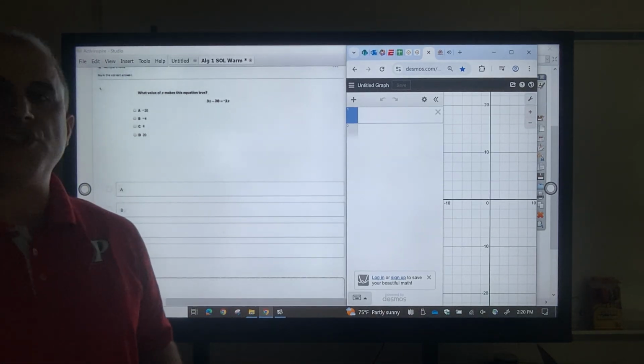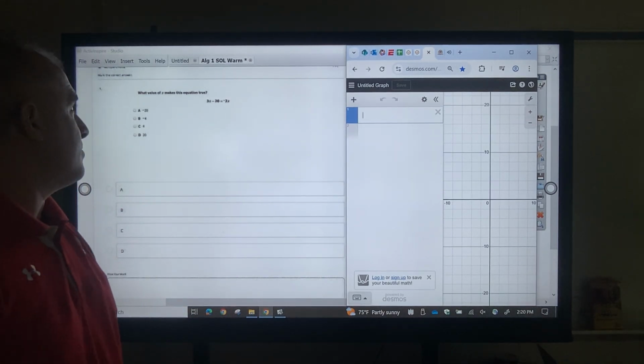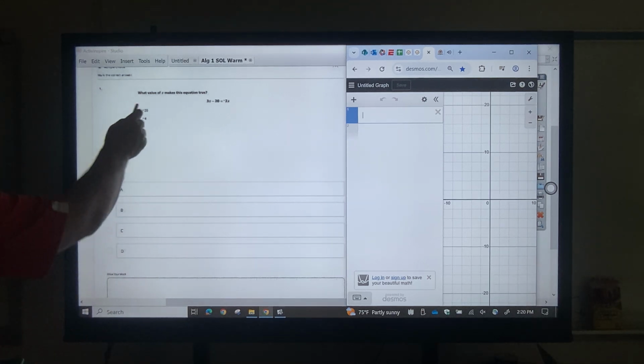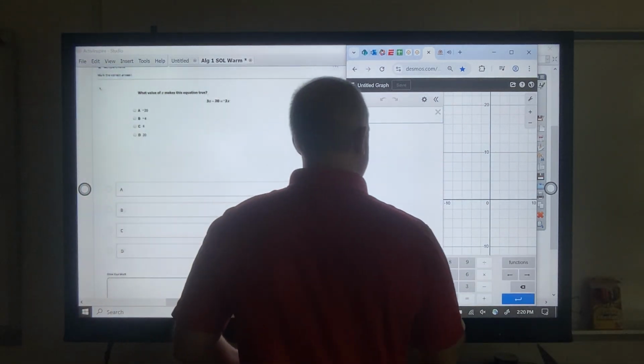Okay, this is going to be the SOL warm-up test. This is not a full test, but just to go over some concepts. We're going to go through all the level 1 questions at first, okay? So anytime they ask for an equation, okay, all right,